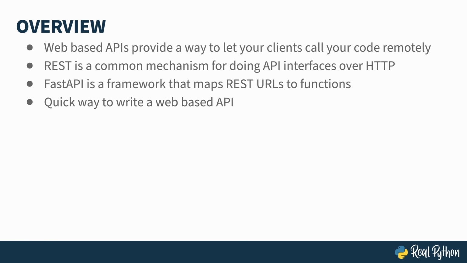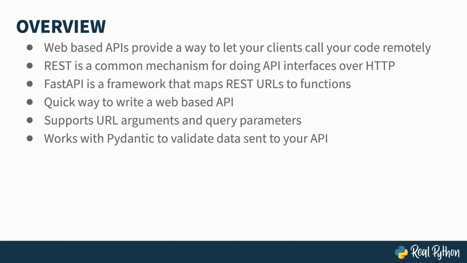It takes care of handling the protocol, including serializing and deserializing your data so that you can concentrate on the functional parts of your service. FastAPI supports embedding variables into URLs, known as URL arguments, as well as URL query parameters, basically treating them as arguments to your function so you don't have to think about them too much. And it integrates with the Pydantic library for data validation, so you don't have to worry if the client sent